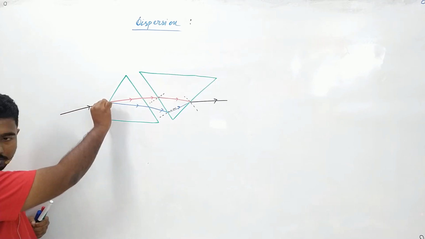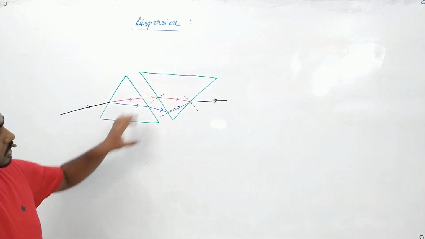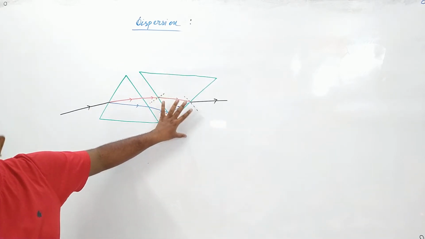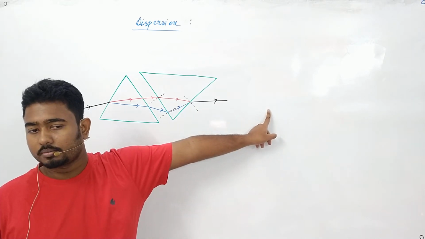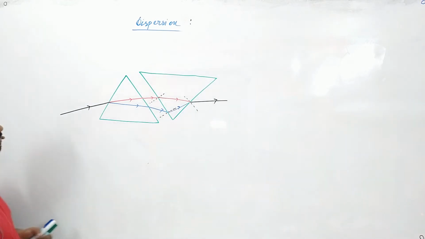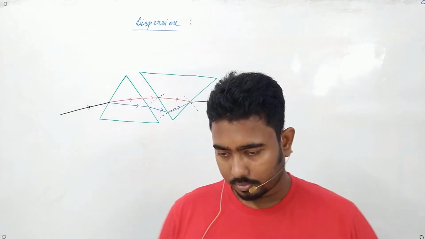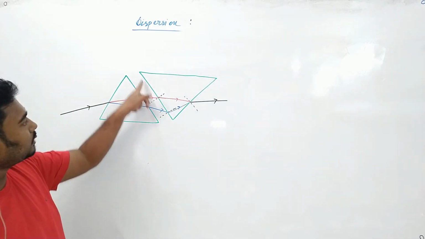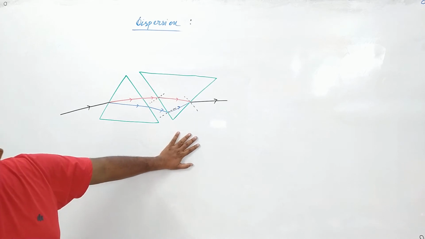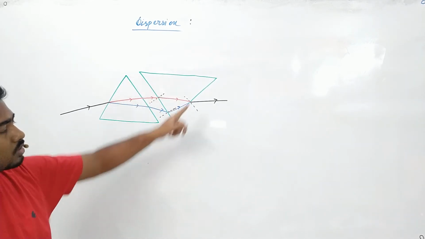The white light is coming, it is splitting into its constituent colors. After splitting, it is again facing another prism, it is getting converged, and ultimately it is forming a white light, if and only if they are kept with two faces parallel to each other. So why was the other prism kept in an inverted position? So that we may keep it parallel to each other. Otherwise, can we keep it parallel if we do not invert it? No. So the only possibility is to keep it in this position.